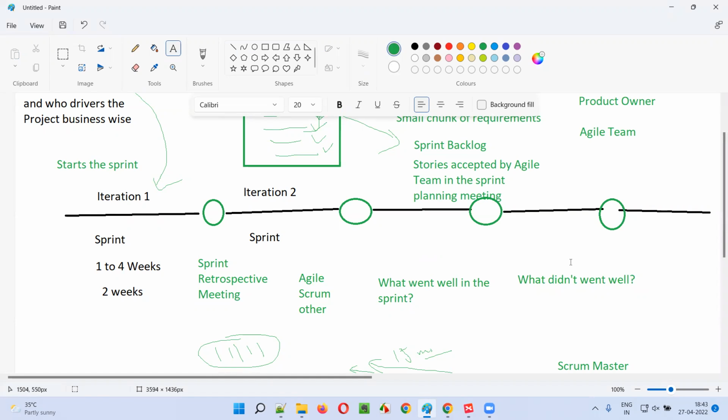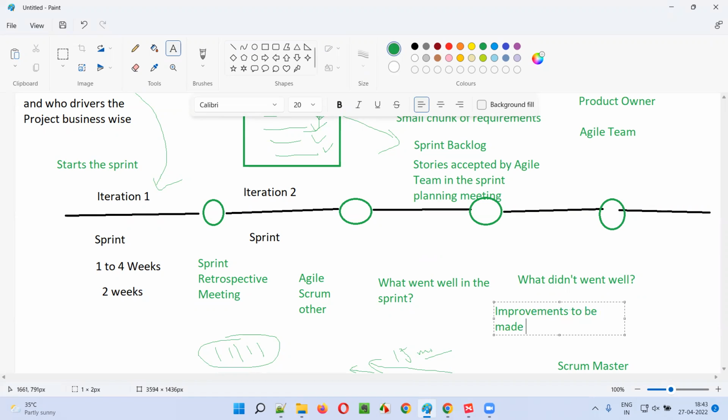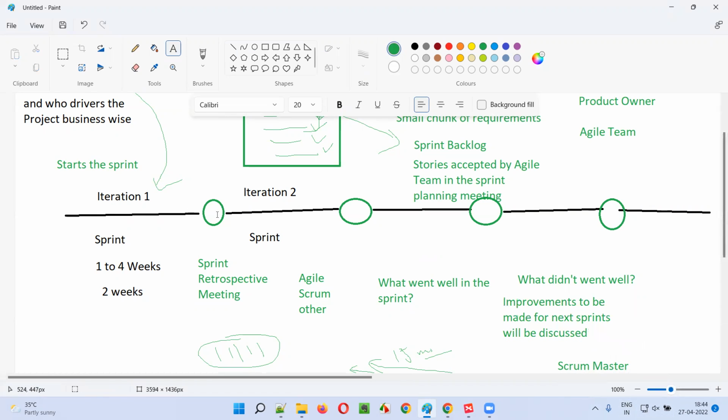Based on what went well and what didn't go well, improvements to be made for the next sprints will be discussed. The mistakes that should not be repeated and the improvements to be made for the next sprint, so that the work becomes better than the current sprint. All these things will be discussed in the sprint retrospective meeting.